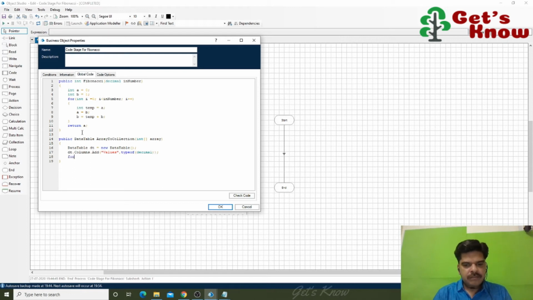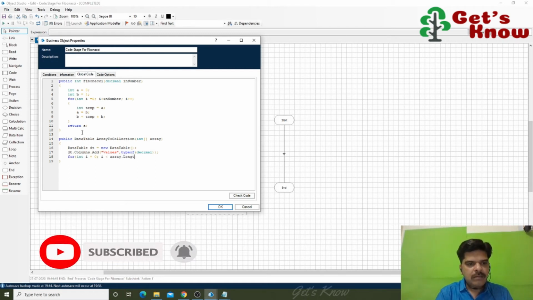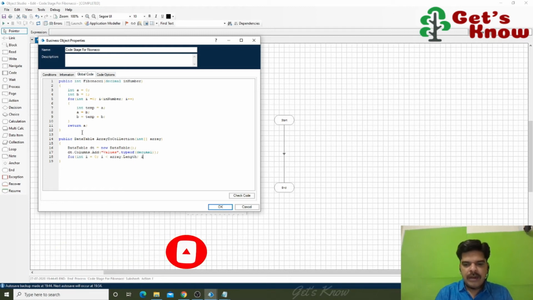Then for integer i equal to 0, then i less than the parameter value dot length and i plus plus.